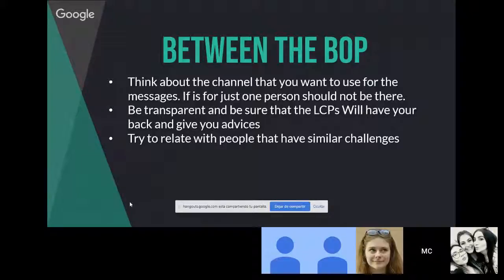So that is not the best way, because the idea of this group is that you share things that are useful for everyone or that everyone can take advantage of, not personal discussions. For that, you can create other groups.